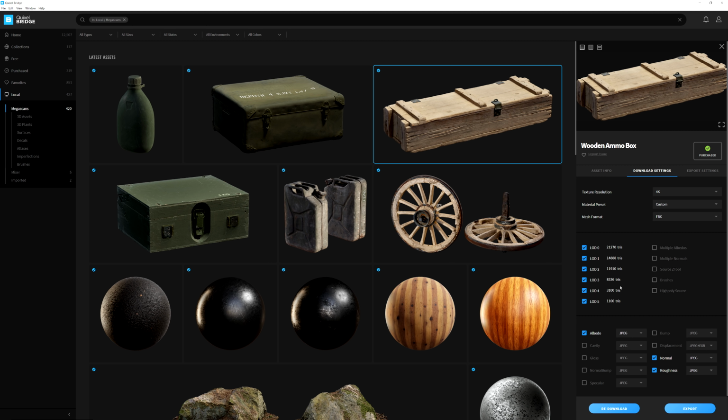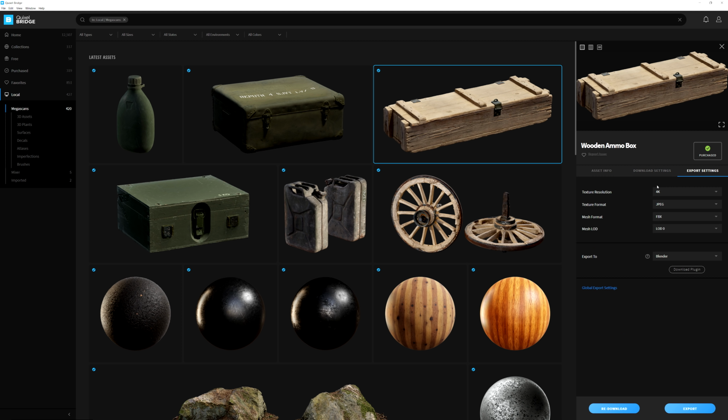So once you have an asset downloaded, we then need to go to the export tab settings. And right here, you'll see the export to. This is where we're going to specify the engine that we want to export to. So let's click this drop down menu here and just ensure that Blender is the engine that we're wanting to export to. And if you don't have Blender already installed, you'll see this download plugin icon right here. Just make sure that you go ahead and click this, and then you'll get a notification that it has installed correctly, and that's pretty much it.